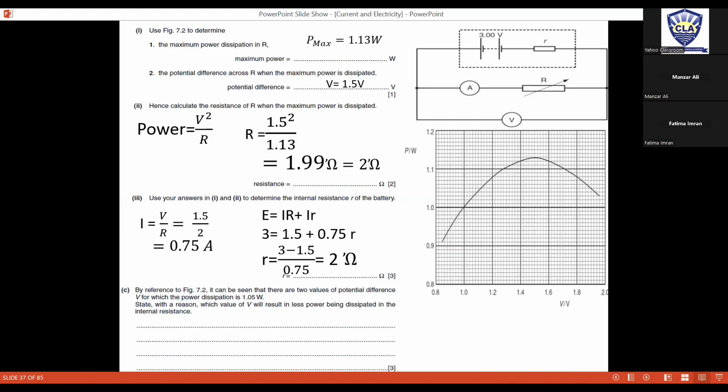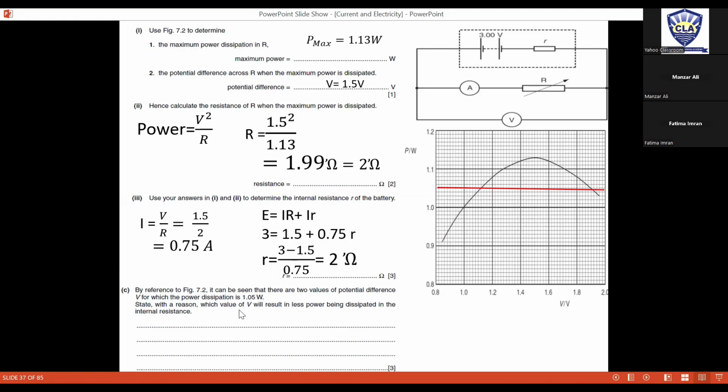By reference to the figure, it can be seen that there are two values of potential difference for a power of 1.05. 1.05 पे अगर मैं लाइन ड्रॉ करूं तो I have two powers. We have two voltages. एक्सटर्नल वोल्ट रेजिस्टर के क्रॉस या तो वोल्टेज 1.1 होगी या फिर वो ज्यादा भी हो सकती है, दैट इज 1.7, 1.9।